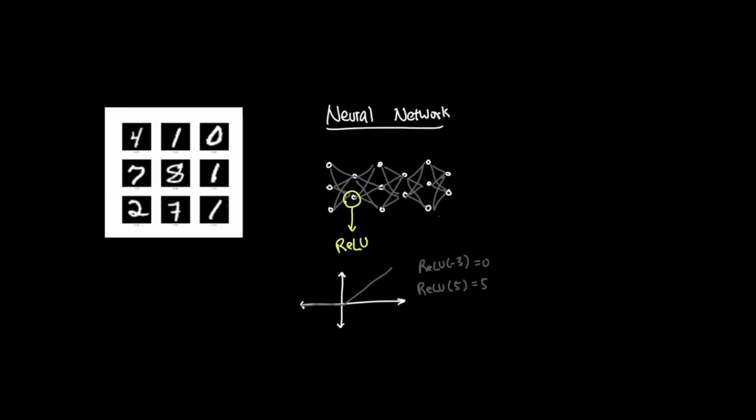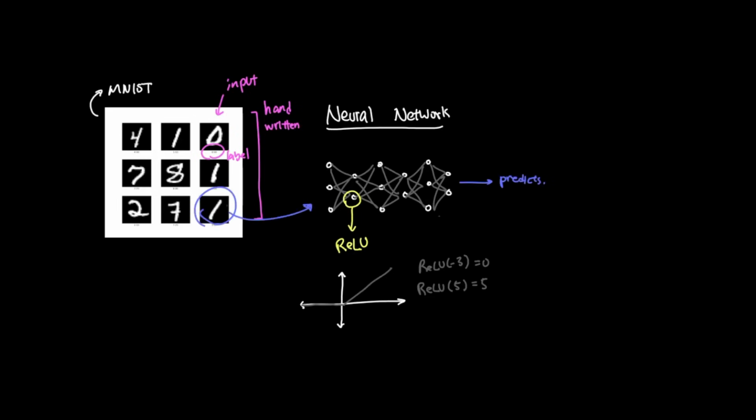Let's make all this concrete with MNIST, the handwritten digit dataset we were talking about earlier. Each example is a small image of a handwritten number from 0 to 9. The input is the image, and the label is the correct digit. A neural network for MNIST takes the image pixels as input. Each pixel is just a number representing how dark or light that part of the image is.